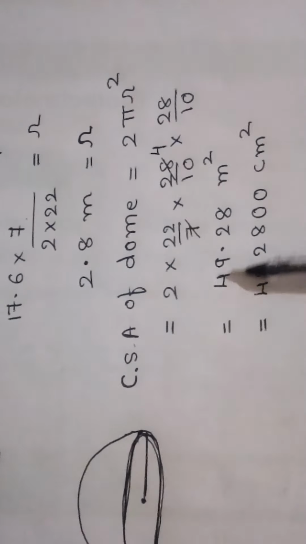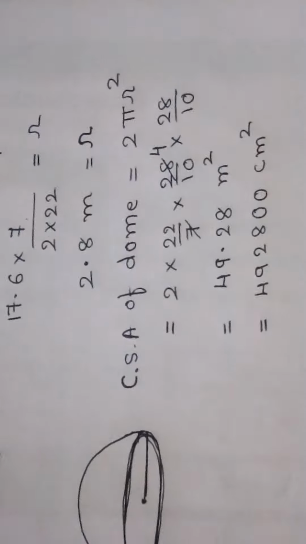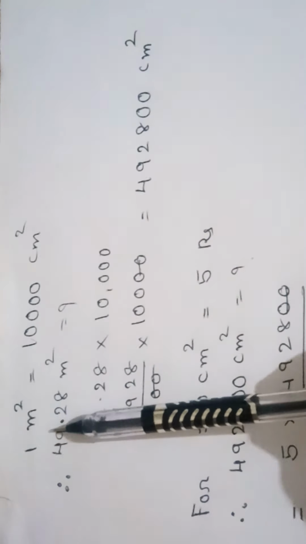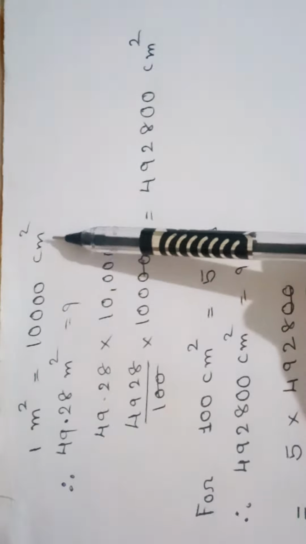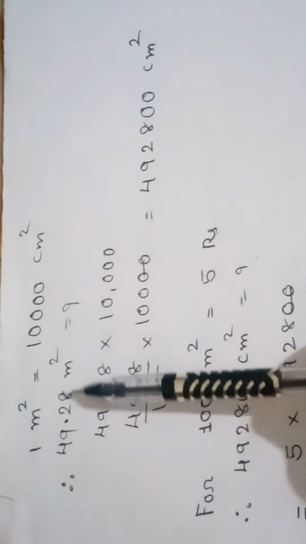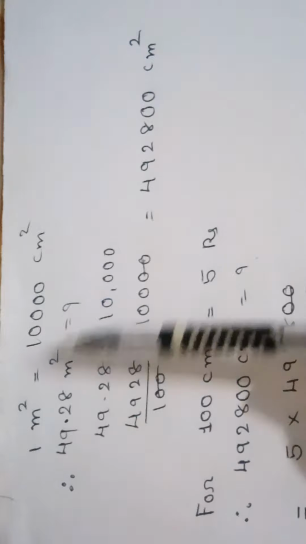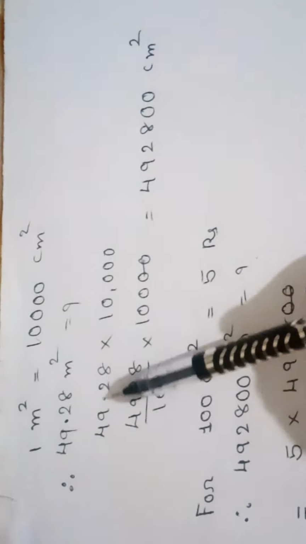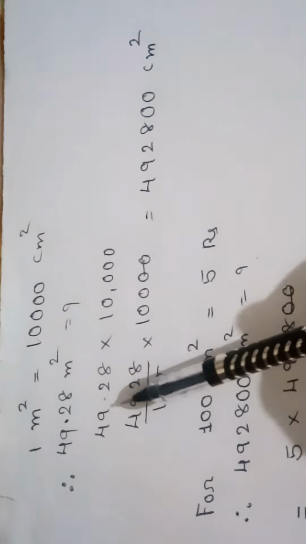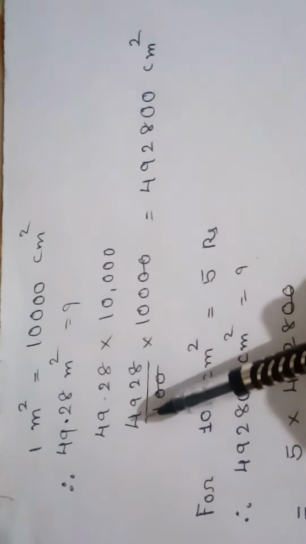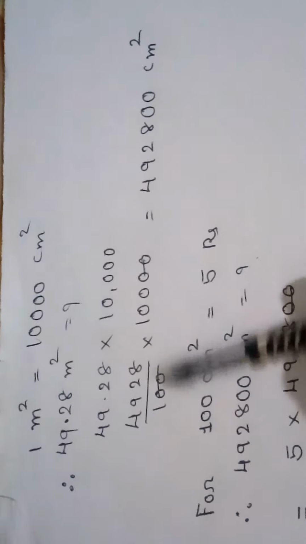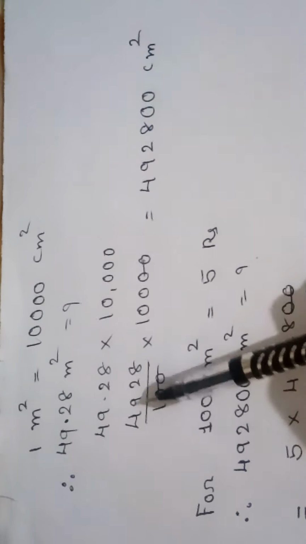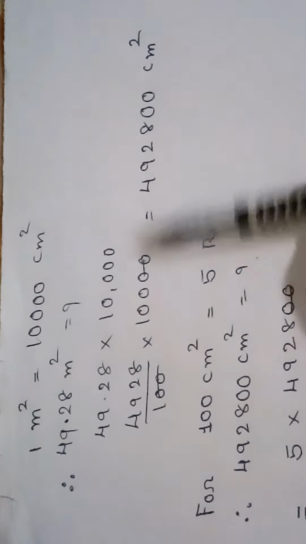So here 49.28 meter square, when we convert it to centimeter square, is 492800 centimeter square. Let us see how it comes. As I told you, 1 meter square is 10,000 centimeter square. So 49.28 meter square is how much centimeter square? Cross multiplying, so 49.28 into 10,000. We can write 49.28 as 4928 upon 100. So 100 will get cancelled. So 4928 into 100